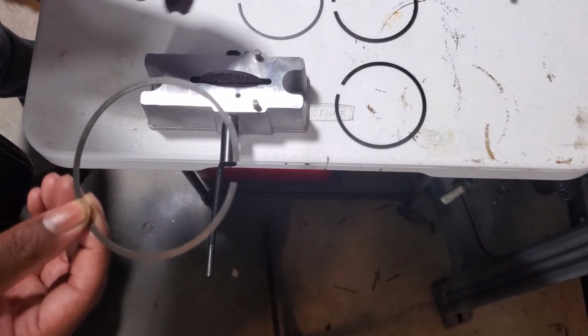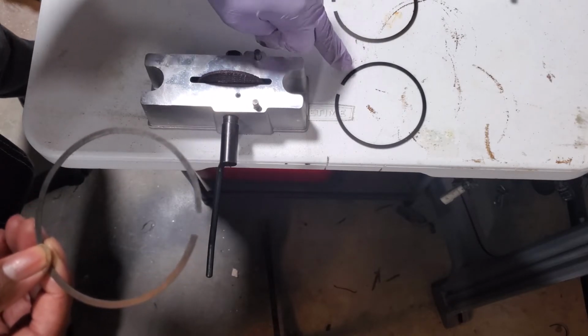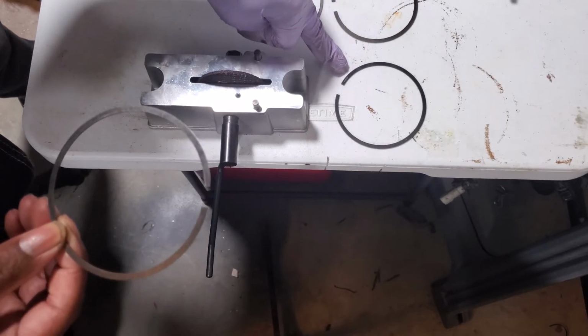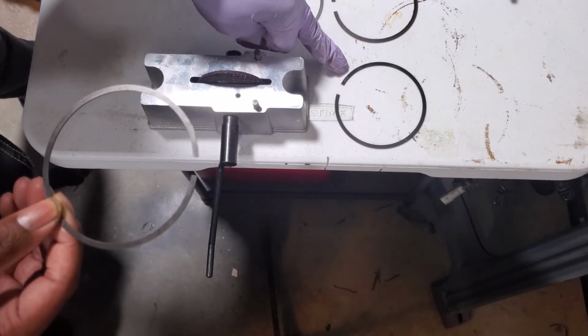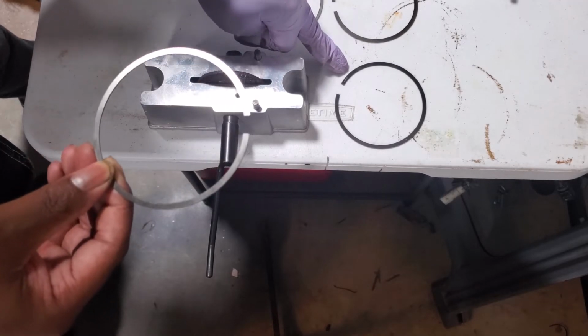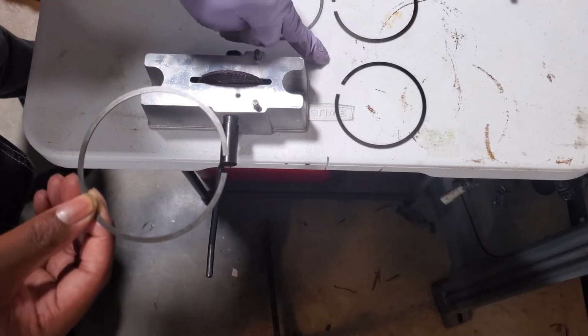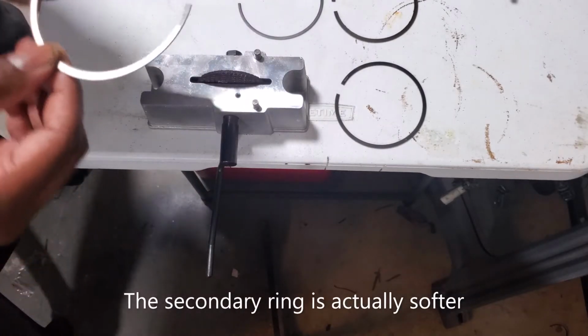Now we got to worry about the secondary ring, and when we last did the calculations for it, it was at 0.017 and we need to be at 0.021. And this one's a harder material, so it's going to take longer to grind. So let's